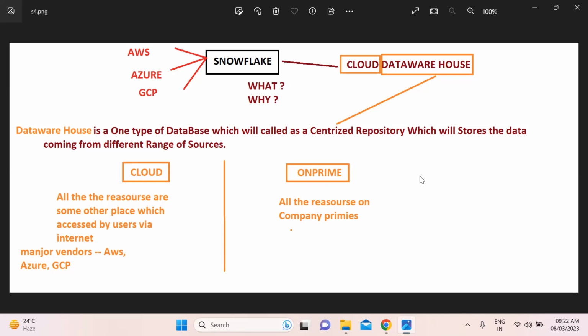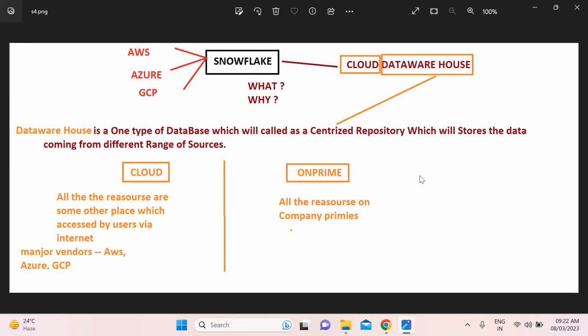The fifth point is maintenance overhead. Climate control, electricity, patches, everything will be taken care of by you only. The sixth point is latency issues. Let's say you set up your data center in India and some people are searching from the USA, they will get latency issues searching the data.